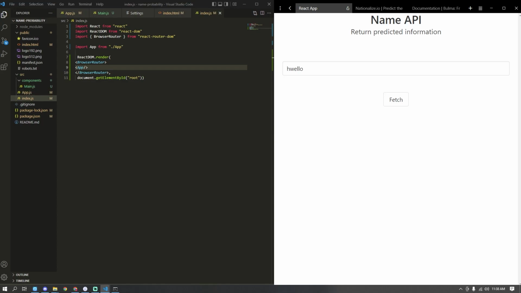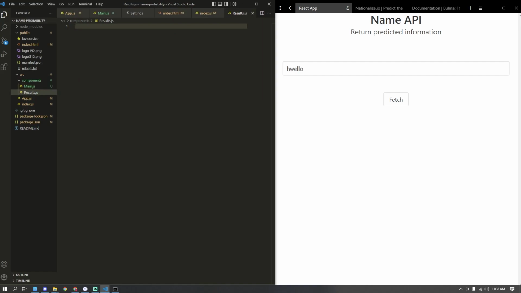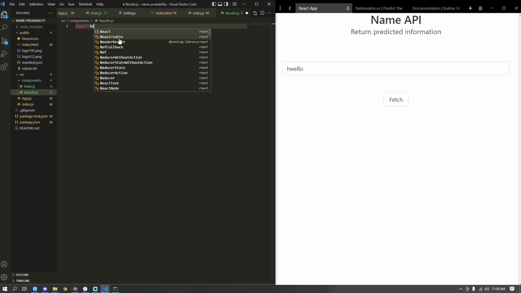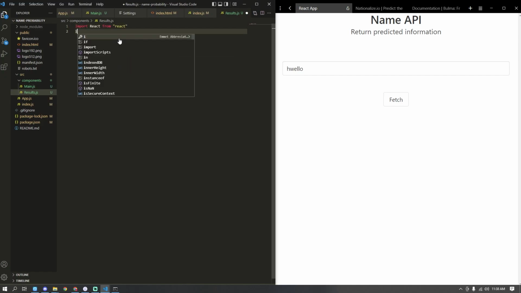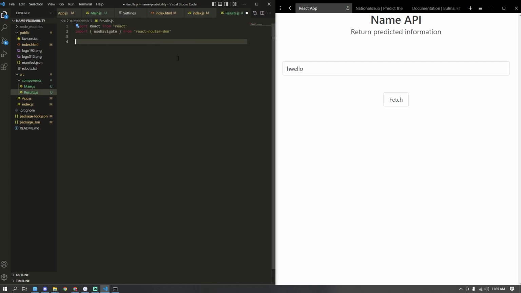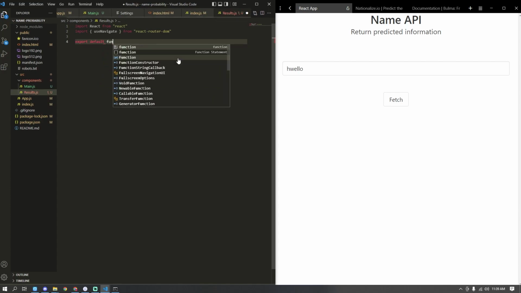So the first thing that we're going to do is make our results. We're going to make a new file, call it results.js, and we're going to once again import React from React. We're going to import useNavigate again, because I'm going to have a back button on the page that will allow us to go back. All right, so export default function Results,